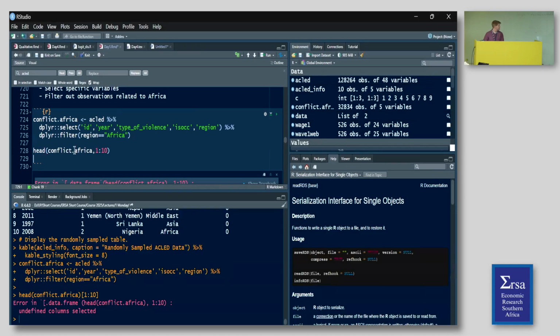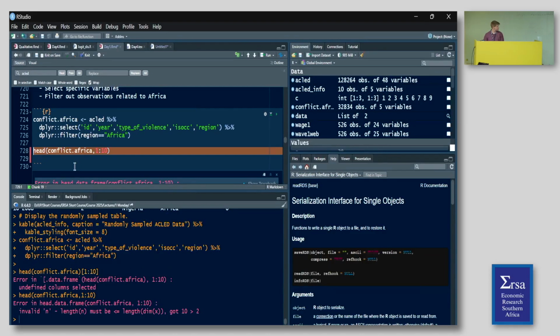No. I've got to remember the structure of head. This is.